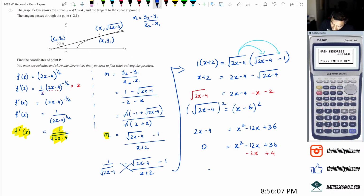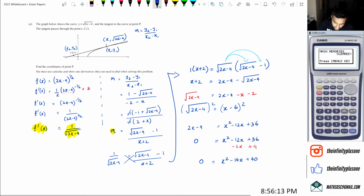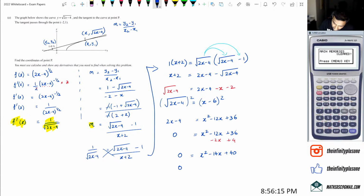And so we're getting 0 is equal to x squared minus 14x plus 40. When we factorize this, we're going to get 0 is equal to (x minus 4)(x minus 10), which means x is equal to positive 4 or positive 10. Now here's the issue that we've got. We've actually got two x values, but we know that p is only equal to one of those x values, right? So what we've got to do is figure out which one of those two x